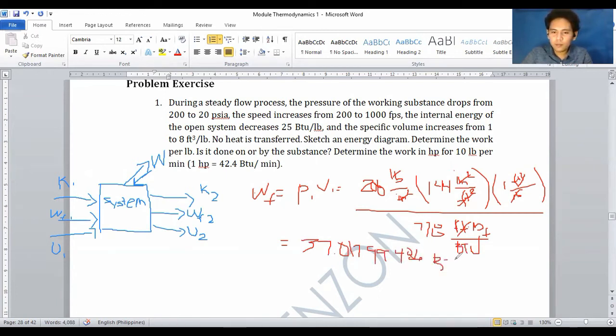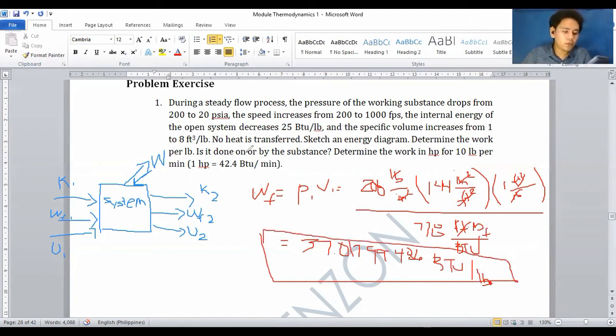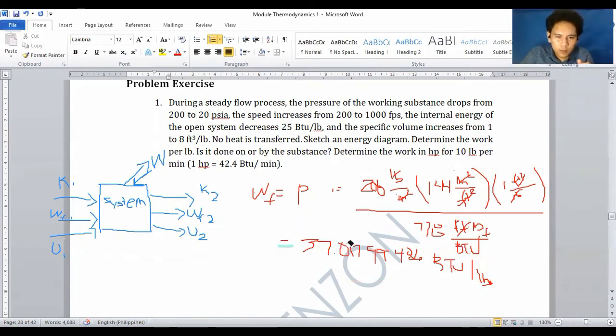37.0179948 BTU per pound mass. So that is your work flow 1. You have to store it also for later use. I'm going to erase this only and this only. So P1, P2, V2,